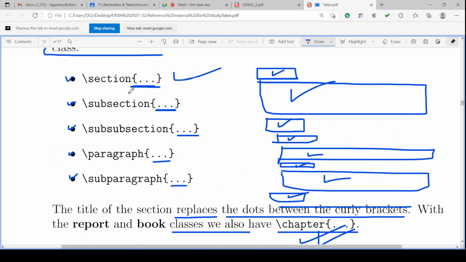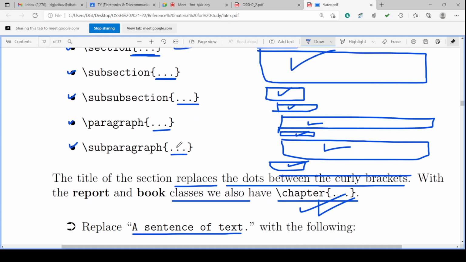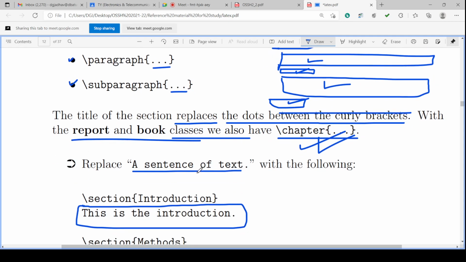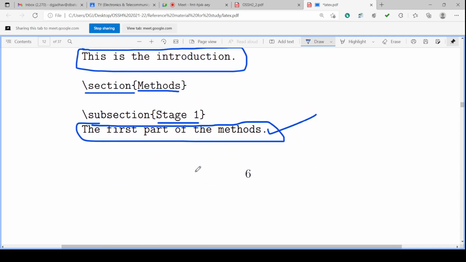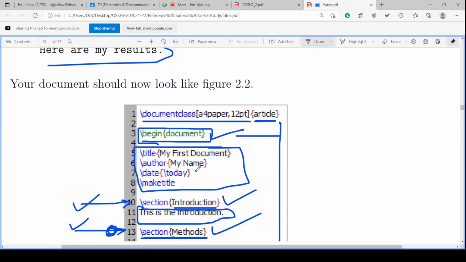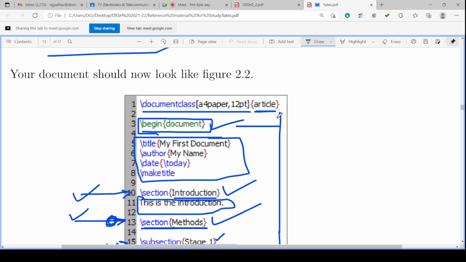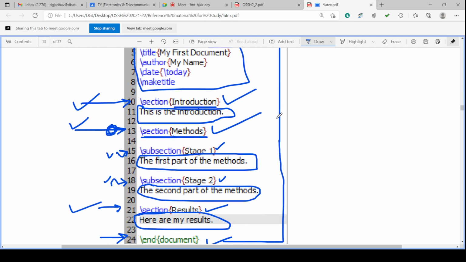So after a section there may be a subsection, a paragraph, a subparagraph, and there may be chapters also in the case of reports and books. And we have to make that as a program, which looks like this in LaTeX.